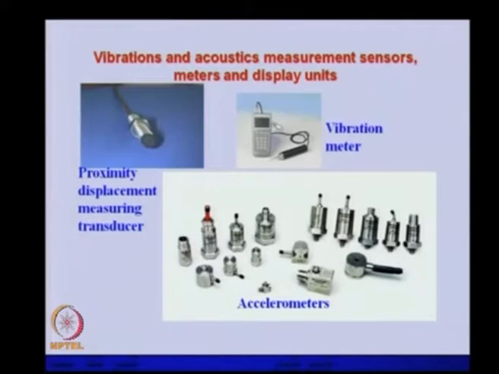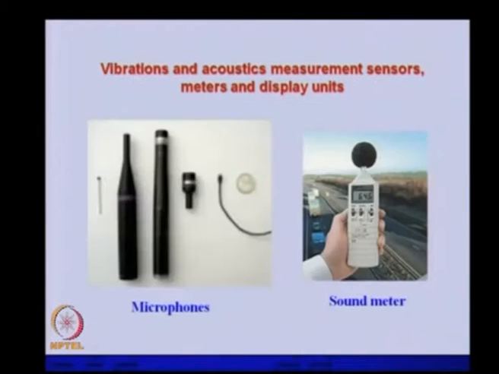This is a handheld vibration meter with which we can get either the level of vibration or a simple RMS value, or that kind of information about the vibration. Apart from this, acoustic measurement is very important. These are the typical sensors, microphones, of various shapes and sizes, and depending upon the application, their choice will be decided. And this is the sound meter. It can measure various parameters of the sound, like power of the sound.